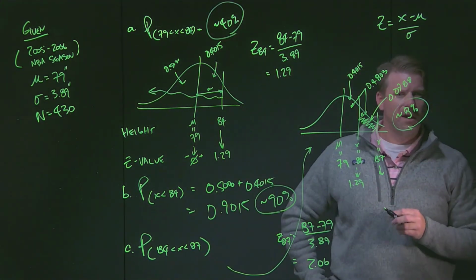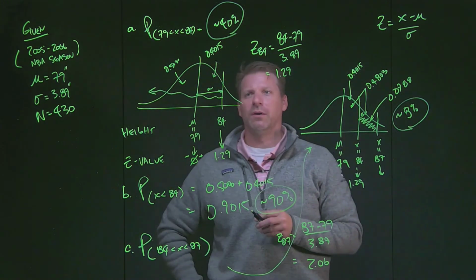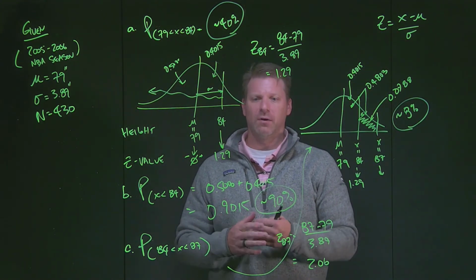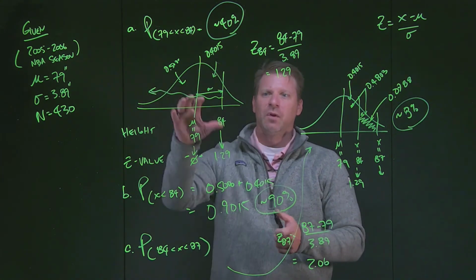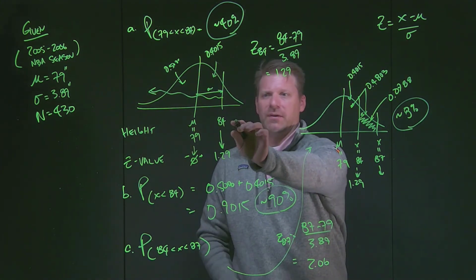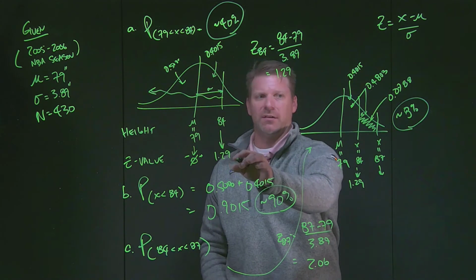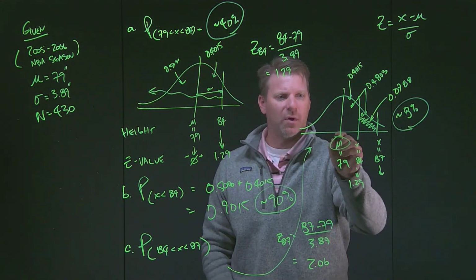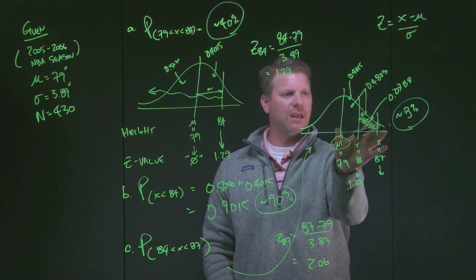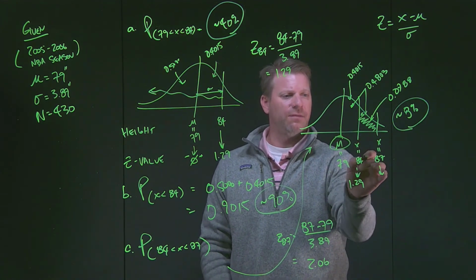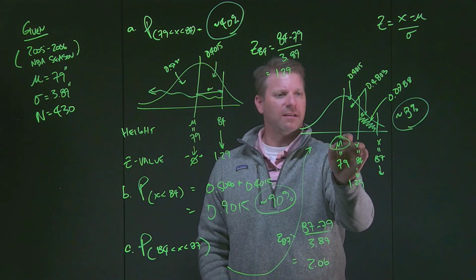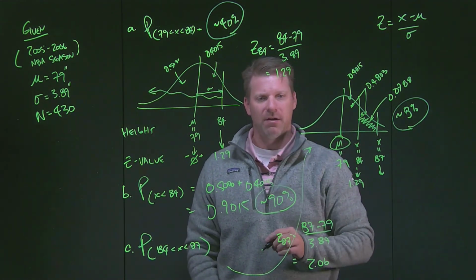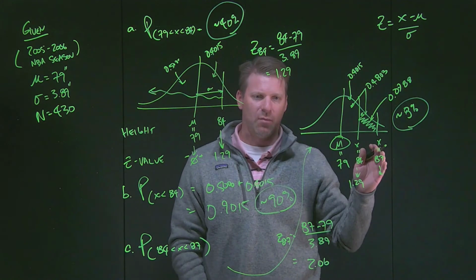So, ran out of room. I'd love to do some more examples. We will, but one of our primary takeaways to this example is that we are going to convert from these different specific heights into a standard normal value, but one thing we have to bear in mind is we are always working away from the mean. So even in a case like this where we were looking for 84 to 87, I still had to go in, and any of the values that I use with my tables are going to be my area from the mean out somewhere.